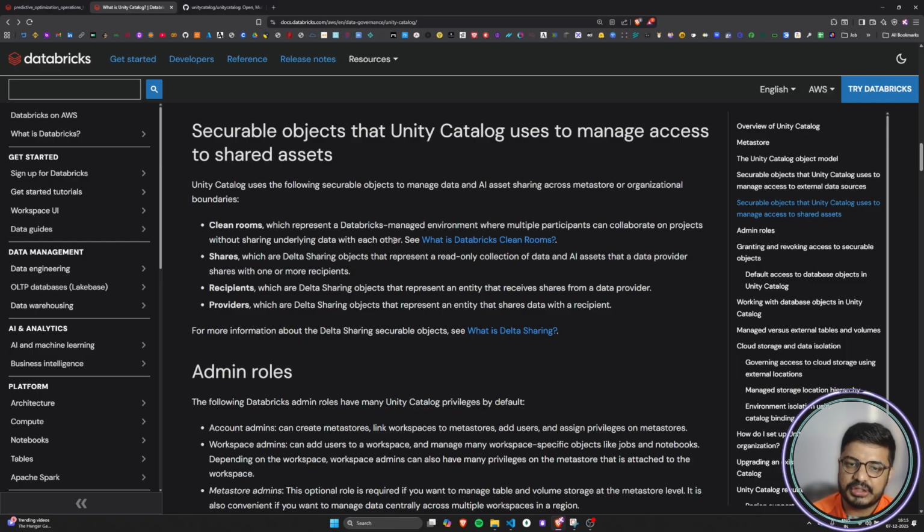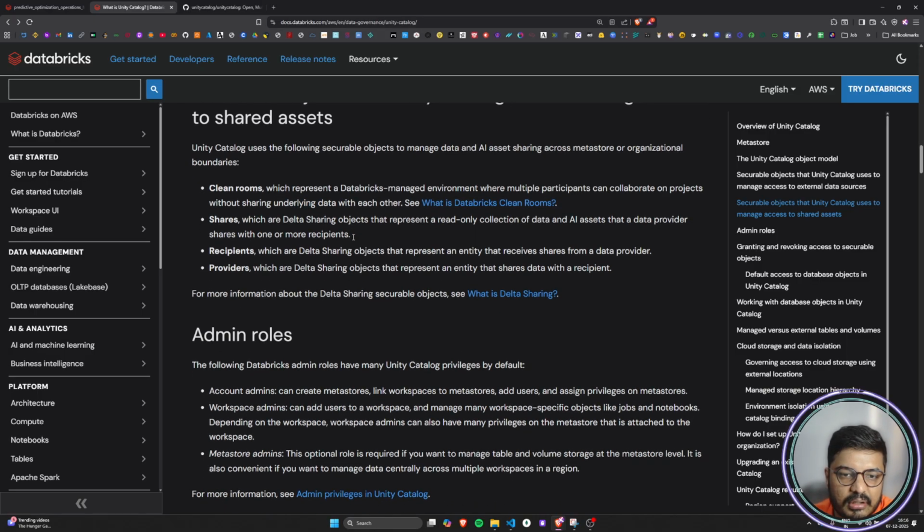Sorry, they may be able to see the source code, right? Maybe the notebooks of one another, the SQL queries of one another. They will be able to see those, but the underlying data will not be shared among them. So this is what clean rooms are. Then there is something called shares, which are Delta Sharing objects that represent a read-only collection of data and AI assets that a data provider shares with one or more participants. Okay. So here, if I talk about shares,